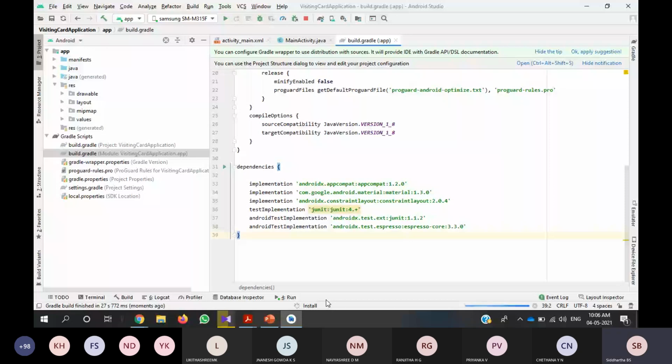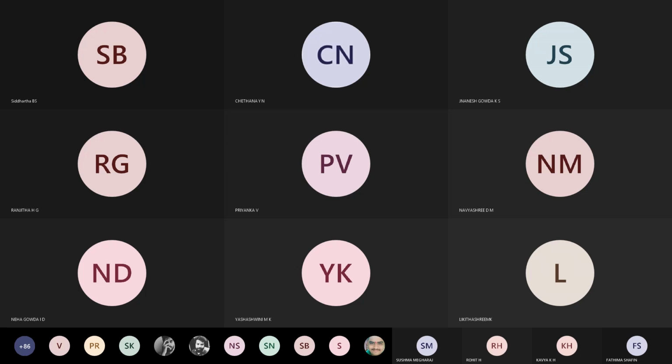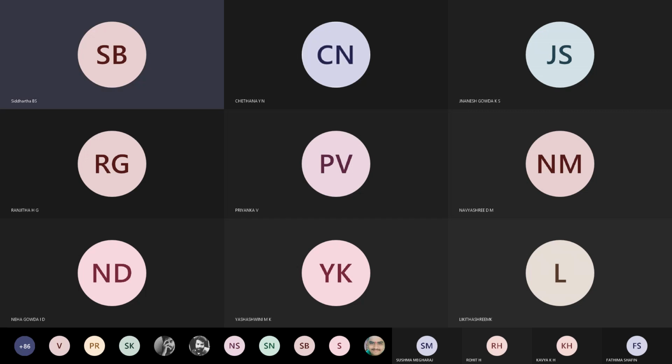Okay, until it completes, I will go to my mobile screen so that you can see. Wait, I will share my mobile screen.